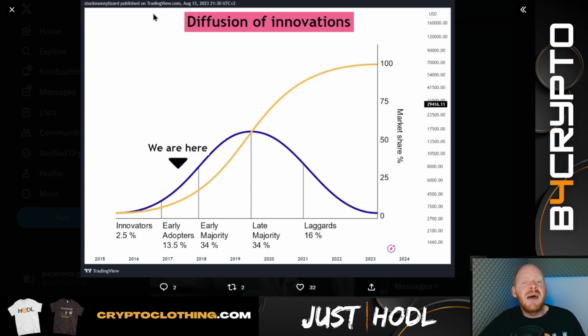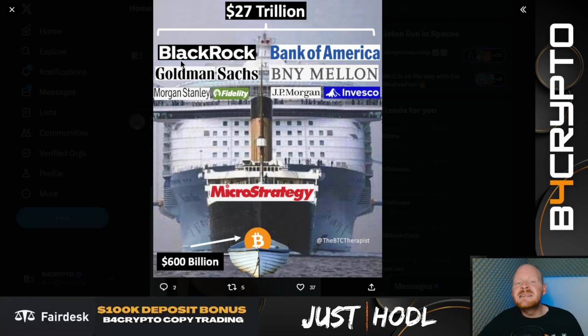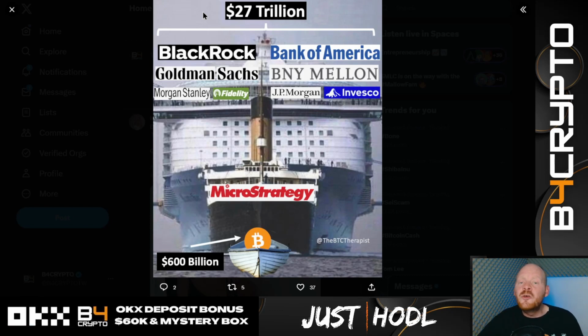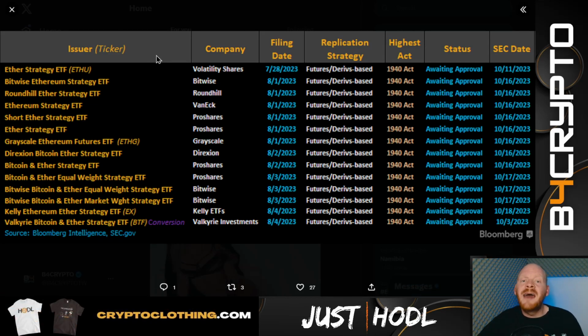But what is going to drive the mass adoption of Bitcoin? Yes, major institutions entering the markets and all these investors that want to launch a spot Bitcoin ETF. This means it's an ETF, an exchange traded fund, which is actually backed by real Bitcoin. So yes, this will drive the price of Bitcoin, because all these institutions need to hold Bitcoin on the balance sheet to offer it to their investors. So yes guys, we're going to look at all these major institutions applying for a spot Bitcoin ETF,